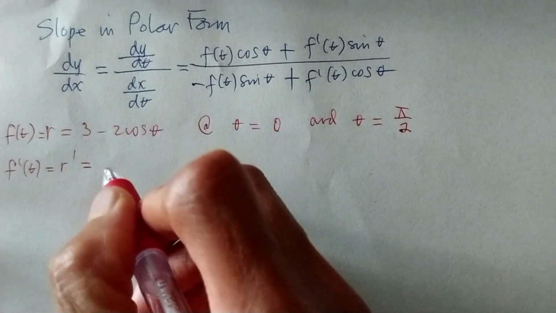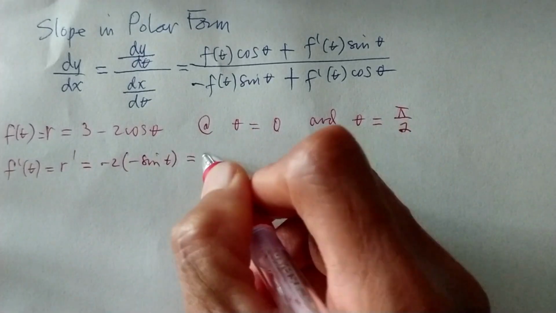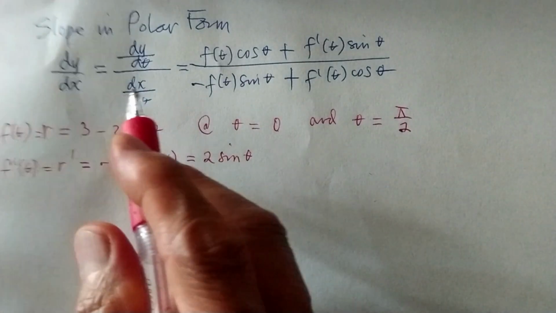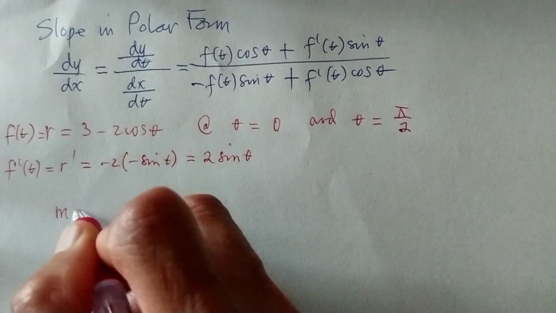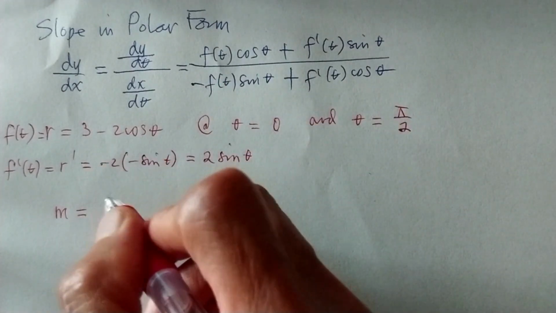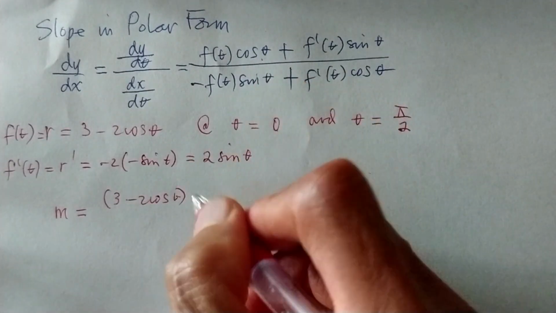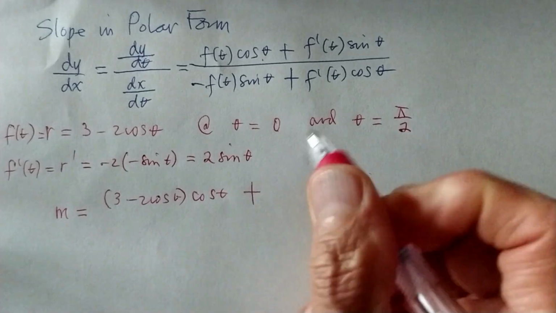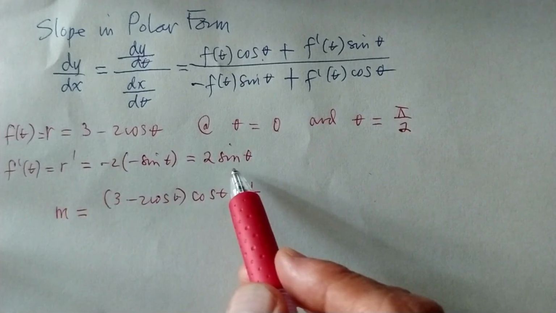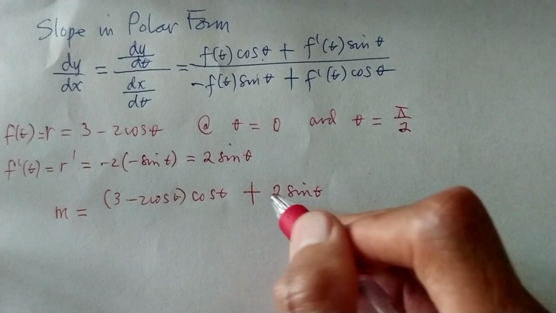And the derivative is negative 2 times negative sine theta. So that's going to be 2 sine theta. So writing the formula for the slope, m is equal to f of theta, and that is 3 minus 2 cosine theta, times cosine theta, plus the derivative of f of theta, which is r prime, and that is 2 sine theta, times sine theta,